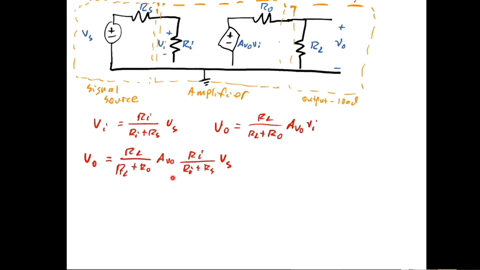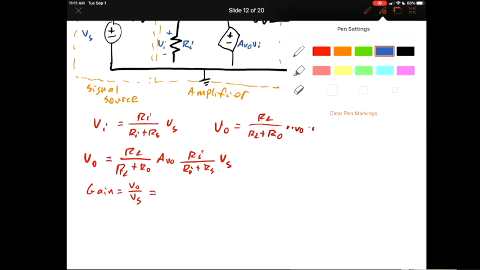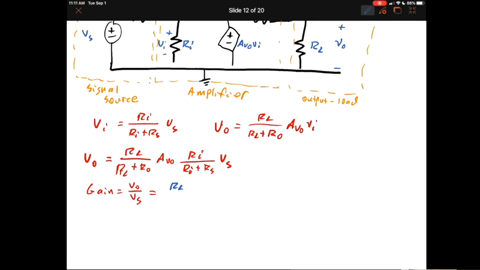So then we can say that gain is equal to V out over Vs, which now is equal to RL over RL plus R naught times AV naught times RI over RI plus RS. And you can see